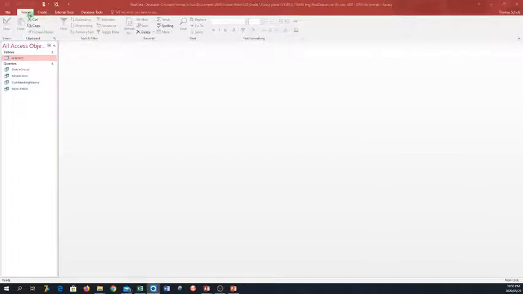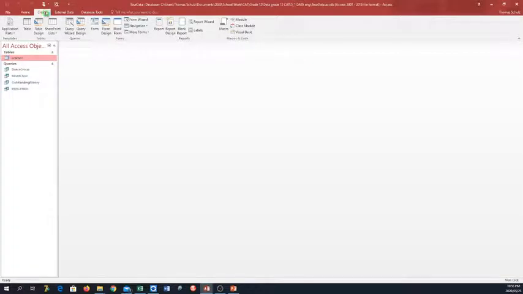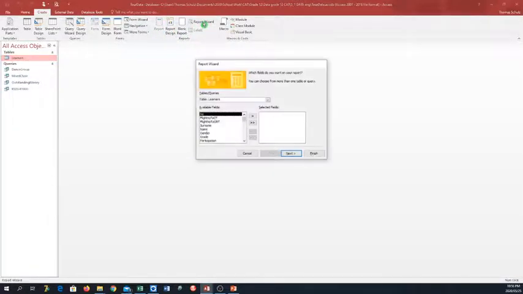So we click on create again, report wizard, and we base the report on the query outstanding money. There should be a query outstanding money created in activity 6. Number 2B, I am so glad that I did all of those activities, and include all the fields. So I'm clicking on that one. Group